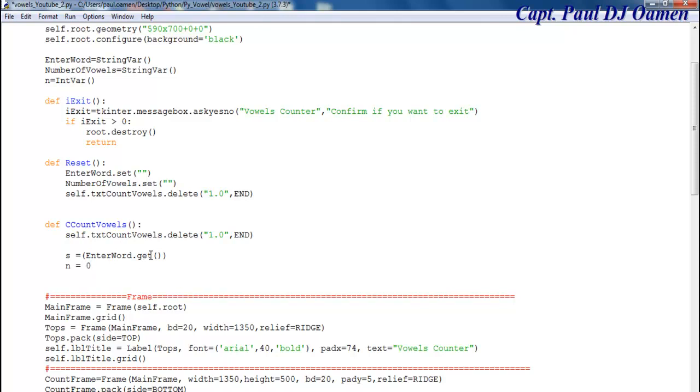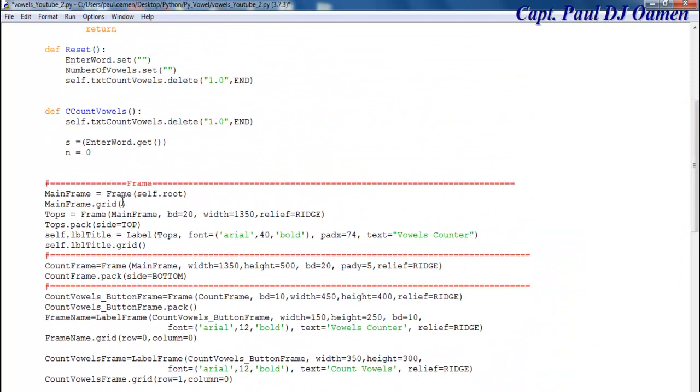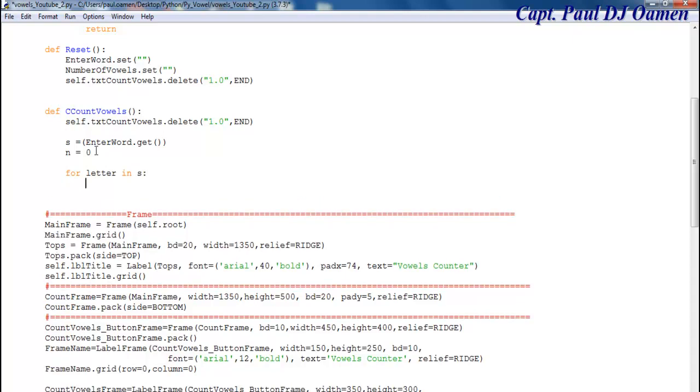Now you see this variable here, that is going to be this very one, this text box here. There we go, look at it. And the second one is for this. So let's go back up here. Now I'm going to use a for loop. For, let's say, letter in s, enter a column there, and let's go for self dots